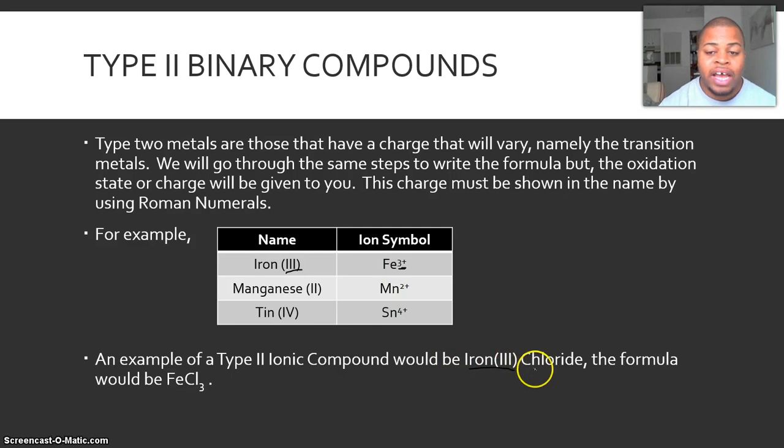And the fact that I have chloride, which I know is a -1 charge, I'm going to do just like I would do at any other point. I'm going to go ahead and say, okay, Fe 3 plus and Cl minus 1. I need to cross and bring them down. So my 3 here, bring it down, and my 1, which I don't have to write, but still would bring down, to give me my final of